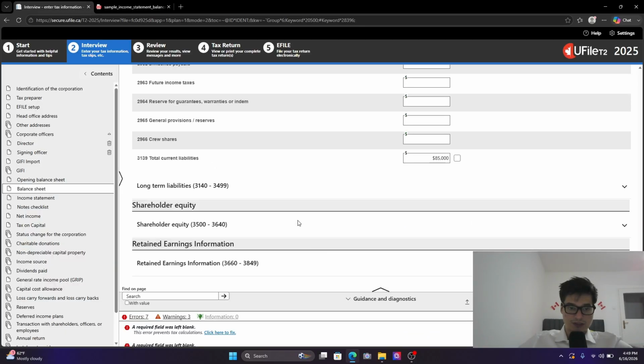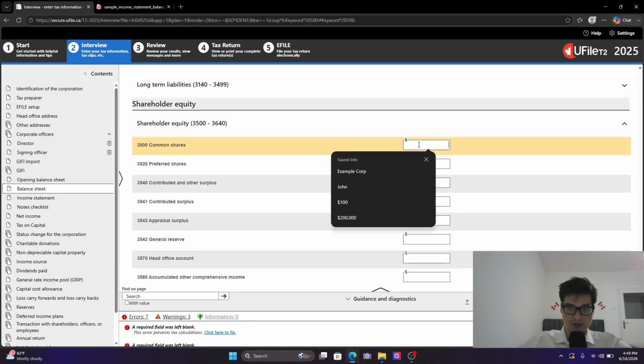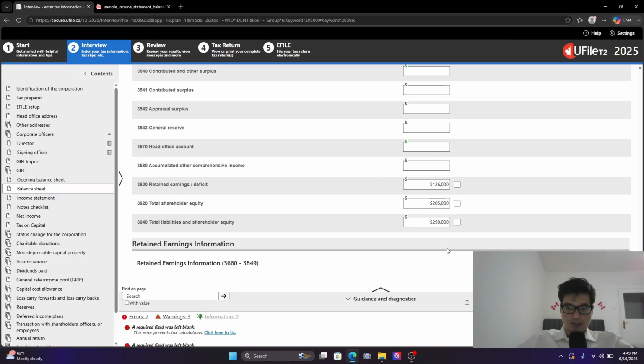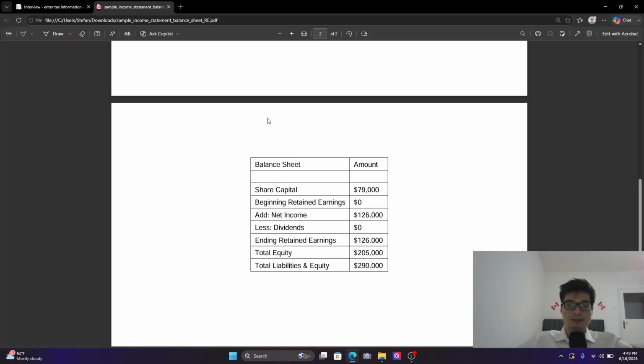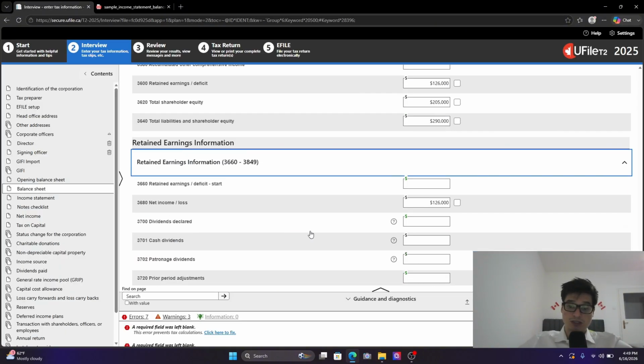Okay, very good. Share capital, shareholders equity. What is our share capital or common shares? 79,000. And then net income. So we go down to our total liabilities. Look at that. It's 290,000. And the reason why is because this is our first year filing. So our retained earnings is 0. We get our beginning retained earnings is 0. We get our net income of